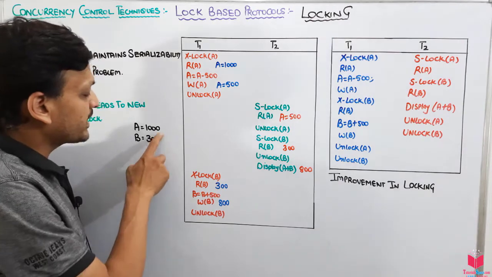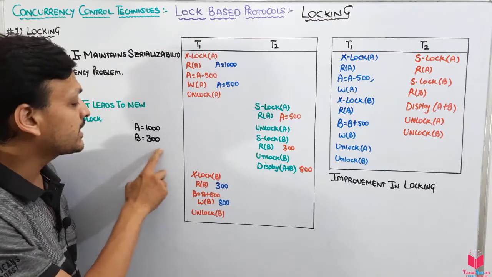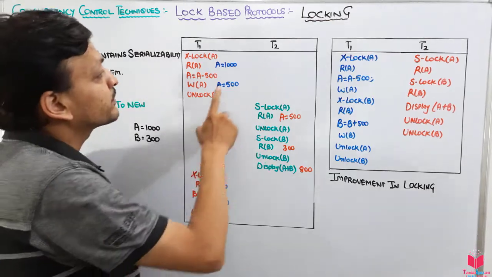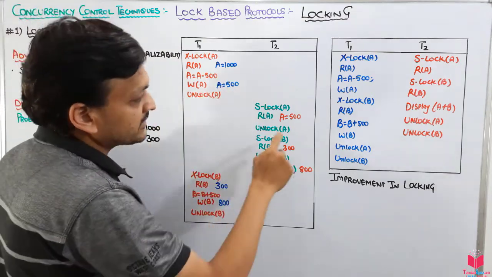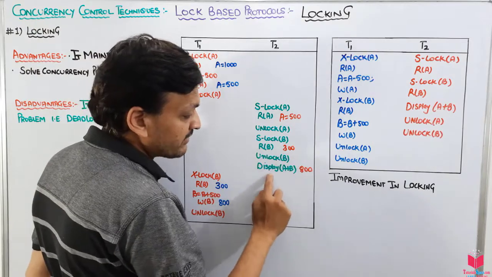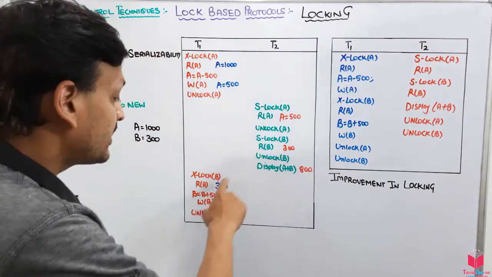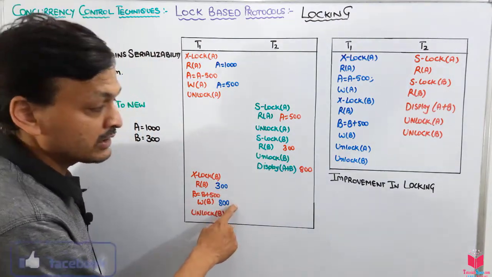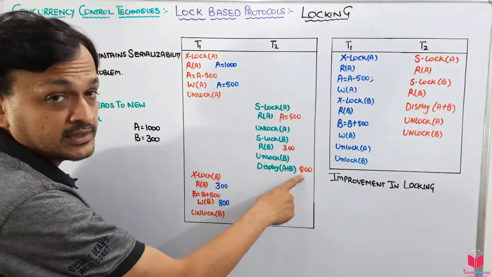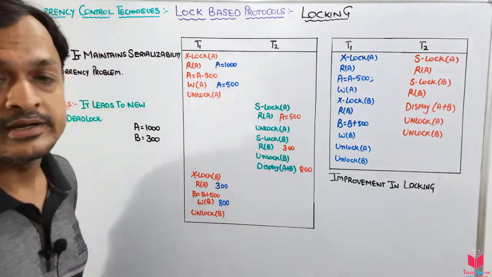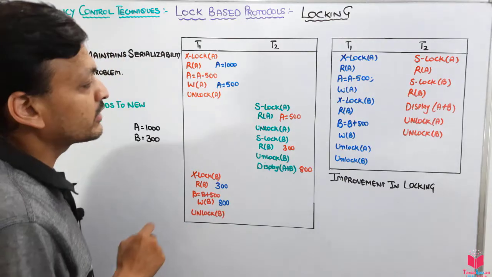First of all, these are the accounts A and B. Whatever I subtract or add, the total amount should be the same. That is, the answer should be 1300. So let's see, here I use the value of 1000, and it becomes 500 because of the subtraction. But when I use A plus B, it returned 800, and then it wrote 800 to B only. That means there is an error, because if A plus B is equal to 800, how is only B 800? That means A should be 0 for it to be 800. Where exactly did the error happen here?